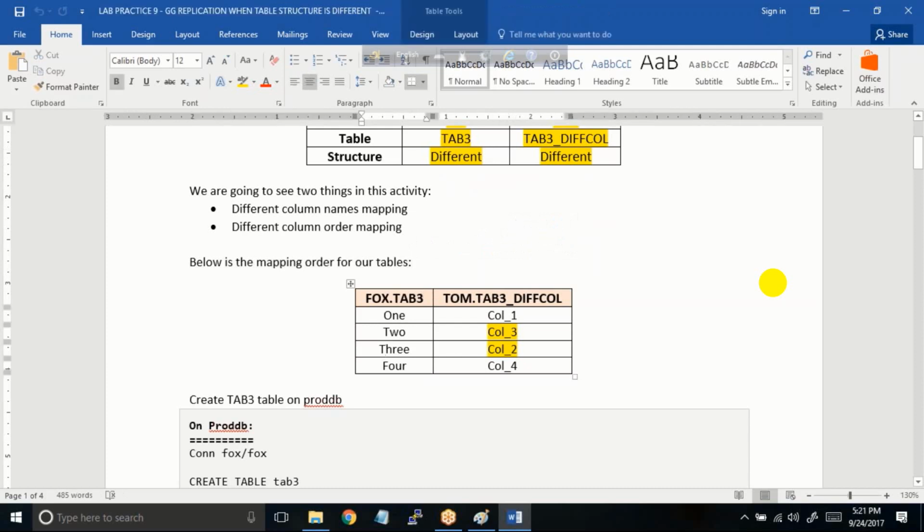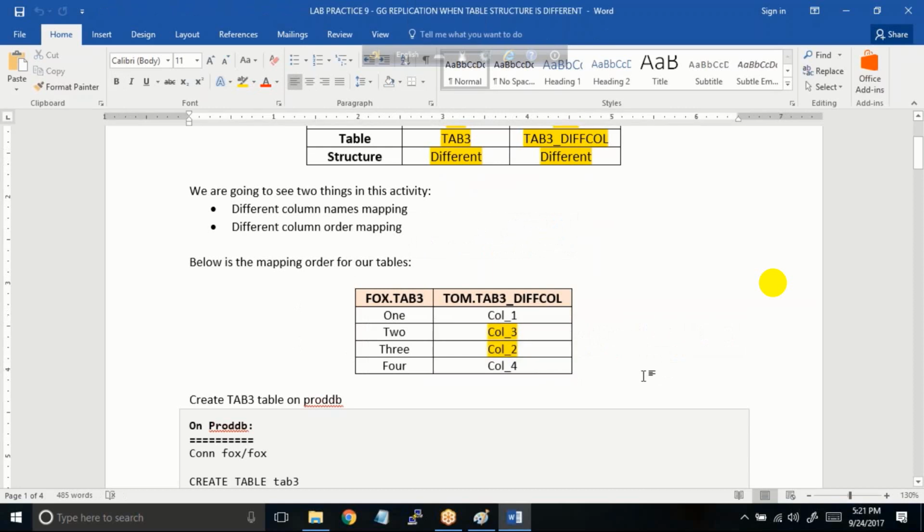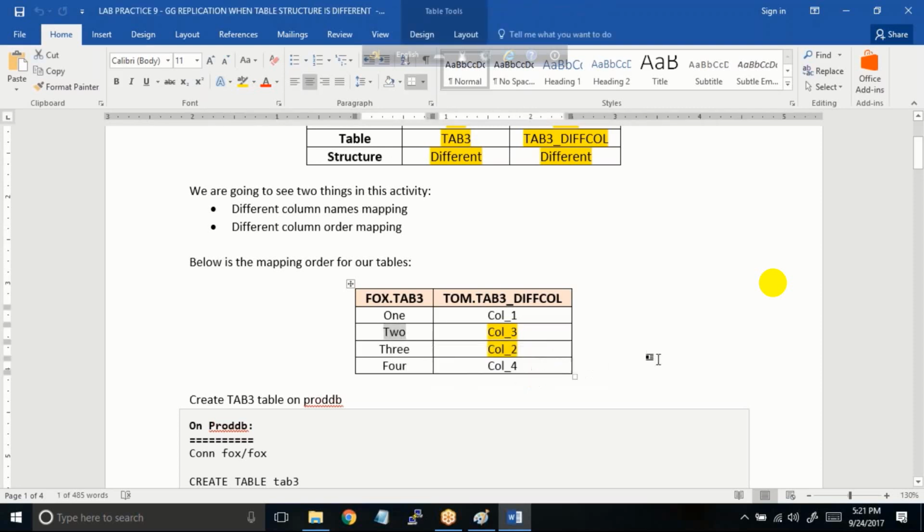See, in the tab 3 on the source, I'm using these column names 1, 2, 3, 4. On the target, I'm using column 1, column 2, column 3, column 4. But on the target table, what we have done is the order of the table is a little bit different. So the 2 will be mapped to the column 3, nothing but this one, column 2. That means it's the third order in the table, and the 3 will be mapped onto the second column, in